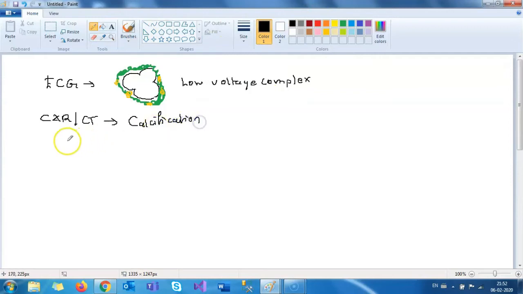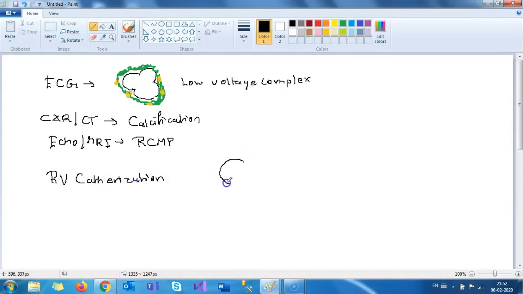Echo and MRI is primarily used to distinguish this from restrictive cardiomyopathy, something we'll discuss when we discuss cardiomyopathies. Finally, an old-fashioned test is right ventricular catheterization. Okay, nowadays nobody tries such stunts unless absolutely indicated. But if you put a catheter into the right ventricle, right? You can put it via the IVC into the right atrium and into the right ventricle. You will have an idea about the right ventricular filling.